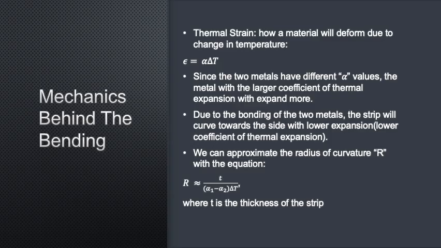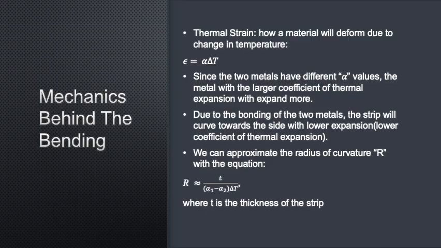So if you have a higher coefficient of thermal expansion, then you'll have a higher strain. Since the two metals have different coefficients of thermal expansion, or alpha values, the metal with the larger coefficient will want to expand more. And due to this bonding, the strip will curve towards the metal with the lower